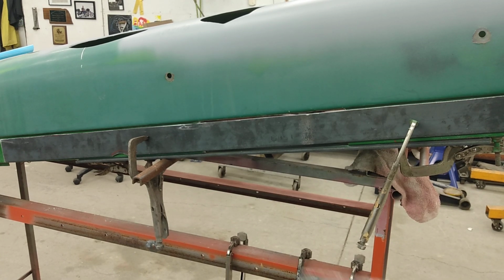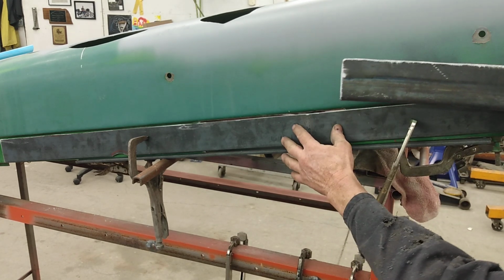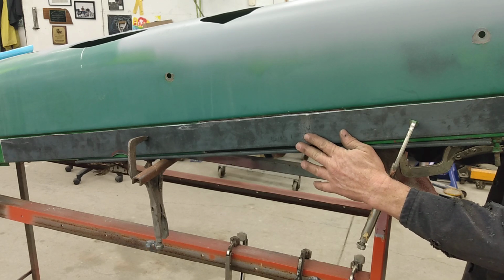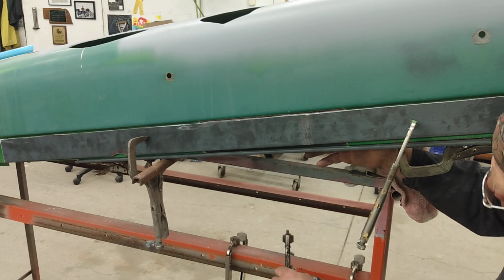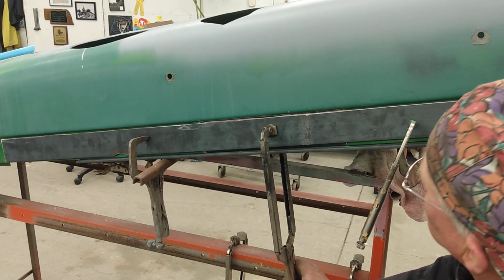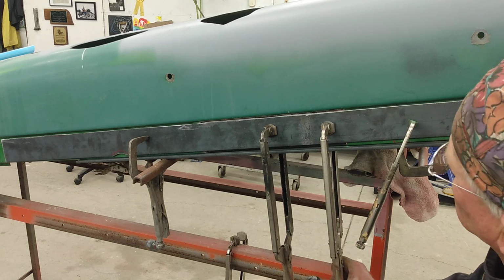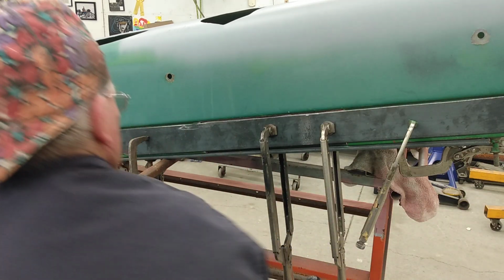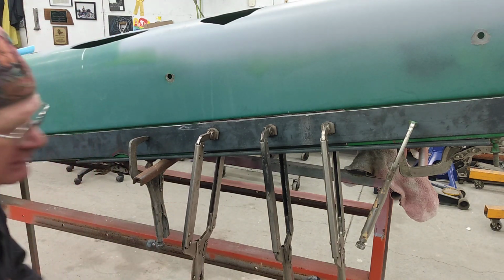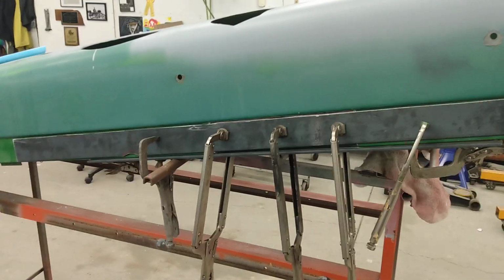Okay, so here's the new piece we made. It's going to slip back in behind this backer. And we'll clamp her in there with some vice grips. And there you go. I may have to move this around just a little bit, but I'm really hoping that